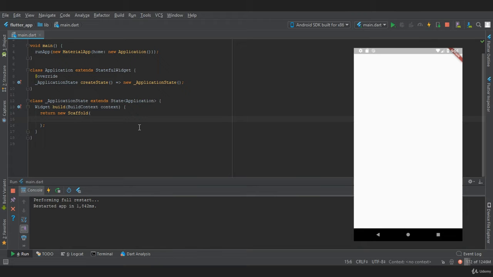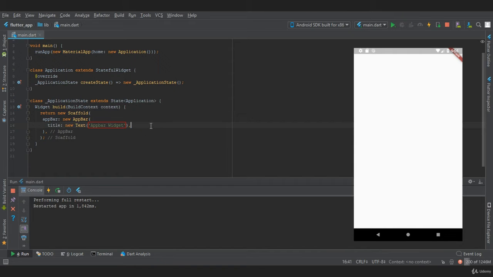As you can see, I have already created a scaffold. Now let's create a new AppBar using the AppBar widget. In this, the first property that we are going to see is the leading property. Before that, let's provide a title, let's say, app bar widget.